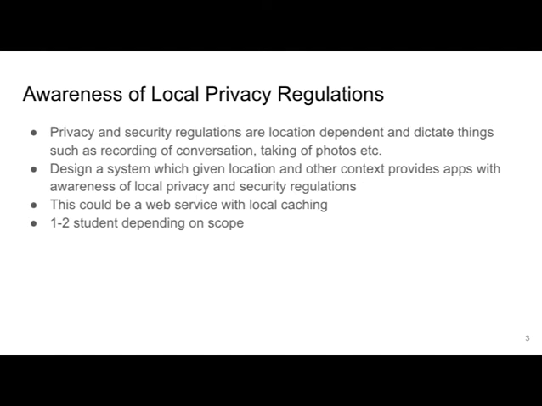So the idea out here is, what if we were to create a service, could be a web service with some local caching component, but the idea is applications can be aware of what the relevant privacy regulations are in a current locale. Seed it with the obvious ones, like photography related and conversation related, but make the system more broadly usable also,